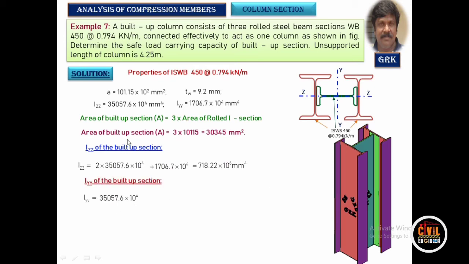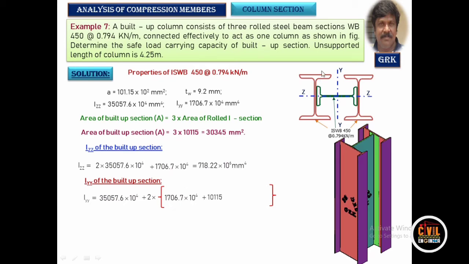This value, whatever it is, was the ZZ value of the section. Since it has been rotated, as I said earlier, this ZZ value is to be treated as YY here. That is what is important. The reverse case of this one. Plus 2 times the moment of inertia of these I sections placed at a certain distance away, by applying the parallel axis theorem you are going to get it,